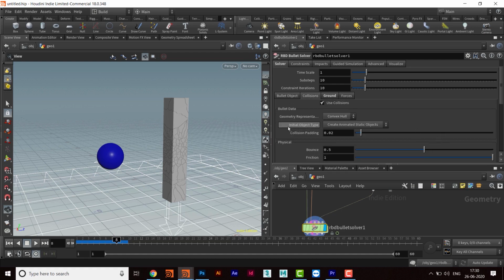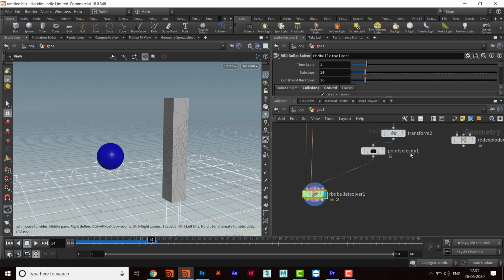So I will go to this option box and change it to create deforming static object, and then I'll play it again. So now it's again not moving. Maybe I can animate this value, and then it will work. So what will I have to do to make it active?